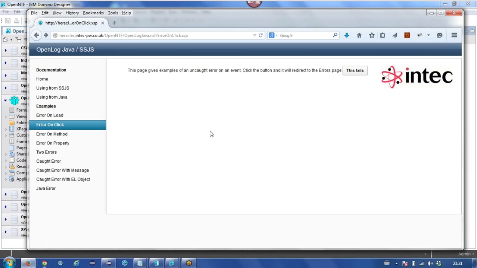Okay, so what's going to happen now is Paul's going to give us a little demo on a couple things. One is how to use OpenLog from XPages Java. OpenLog is the great project that Julian Robichaux wrote a long time ago that a lot of us have used for LotusScript, and Paul has created this new project that basically extends it to the XPages world. And Paul will correct me if I make any mistakes in describing it.